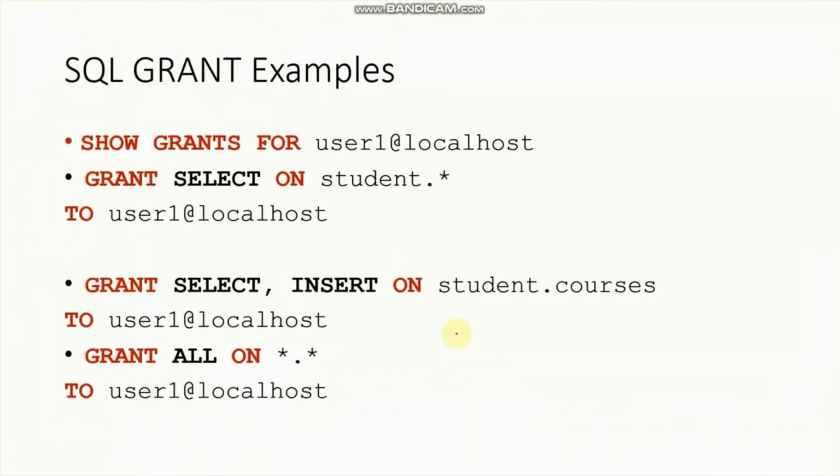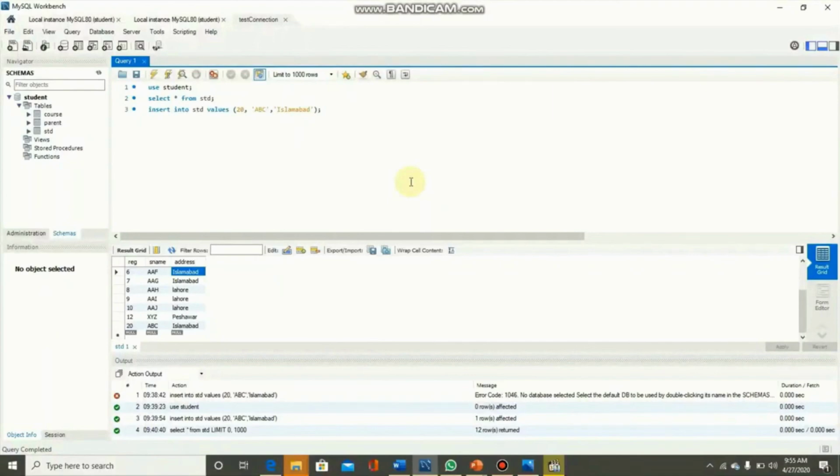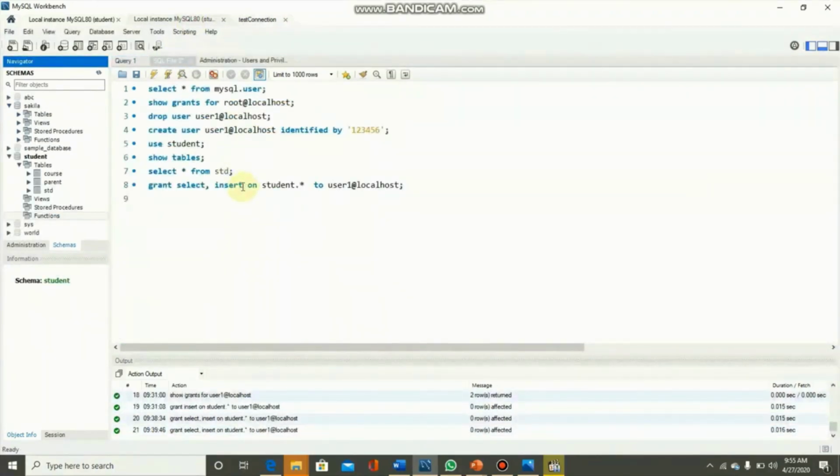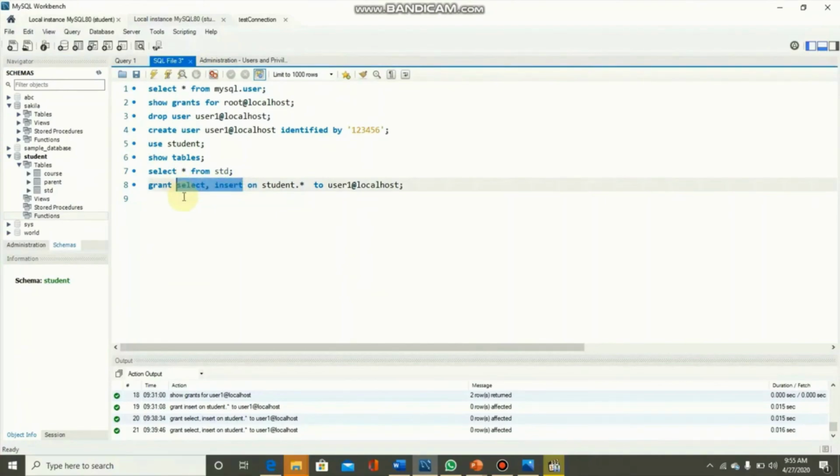If we need to grant all the privileges to user1 on all the databases, then we need this query, grant all on star.star to user1@localhost. Now if you look at user1, it is working with select and insert. We can grant all the privileges to this user by simply replacing insert and select with the all keyword.